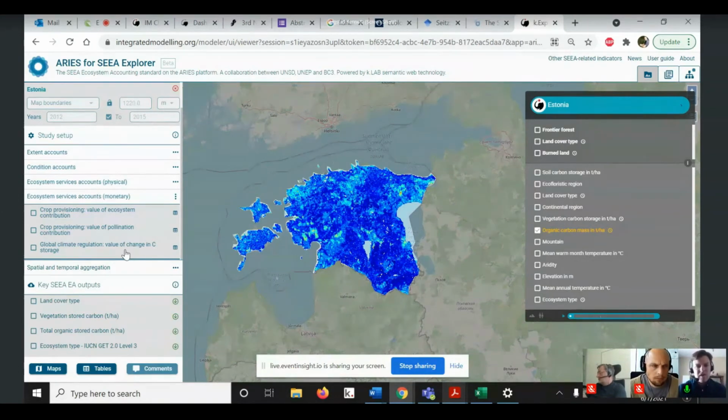But we also envision in the not too far future, we'll have what we call an interactive mode to this, where you can enter some of your own parameters, like a social cost of carbon that was used by your government, for instance, and have that be customized in the analysis.